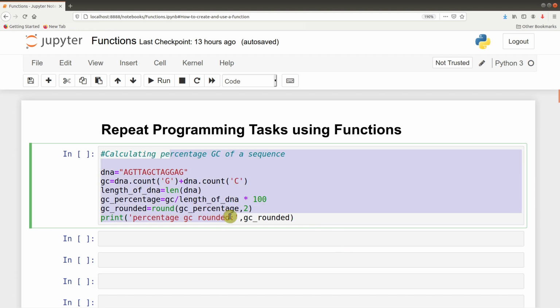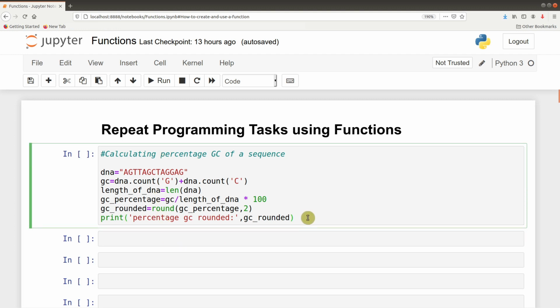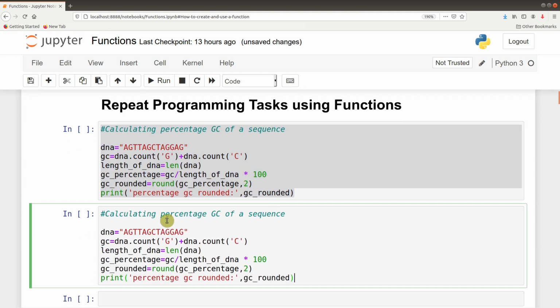This program will calculate the percentage GC of a sequence. But if you want to reuse the code in another program, or even in this same interface, we want to repeat this activity, what will we do? One approach would be to copy the codes and then paste in the next line. And then we run the code. But then,